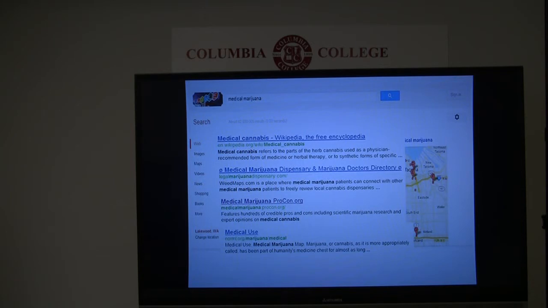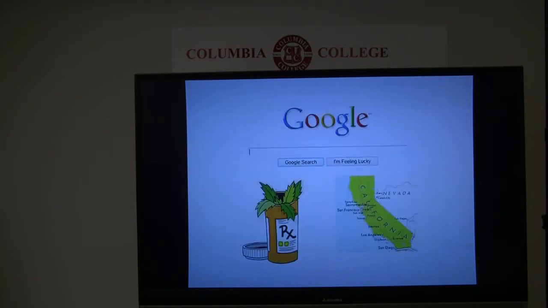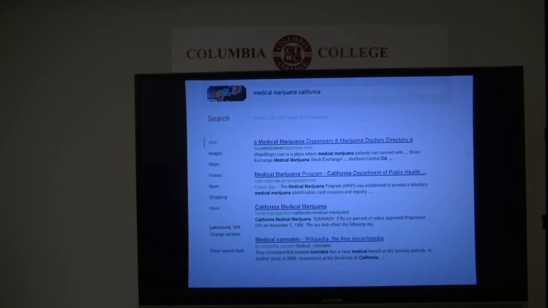For research papers, it is often helpful to narrow or focus your topic. Let's say that you are interested in medical marijuana in California, since it was one of the early states to pass medical marijuana legislation. So, in the Google search box, you type medical marijuana California and click search. Notice that there are fewer results, about 2 million. That is still a lot of web pages, but the point is that the more keywords or search words you put in the search box, the more focused your results will be.